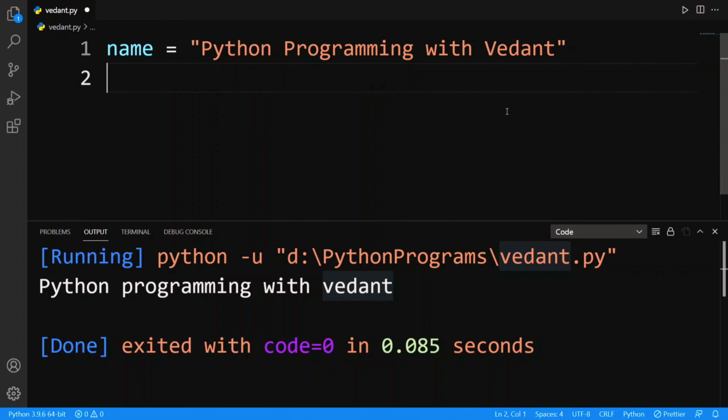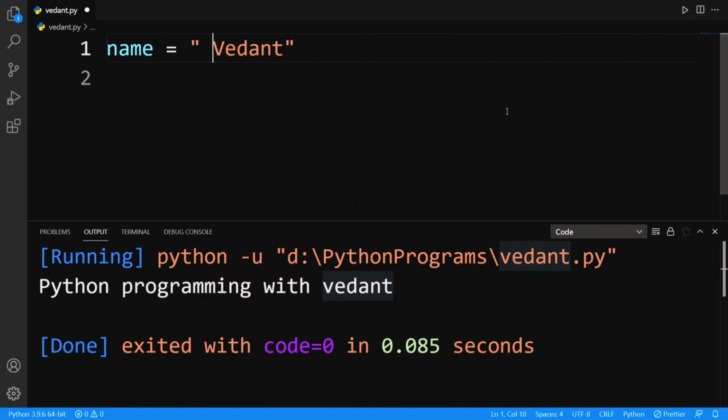Our next concept is, first of all, I will make this string shorter. Just make it like Python programming. So we have this string here. Now we will see how we can access the characters in the string.